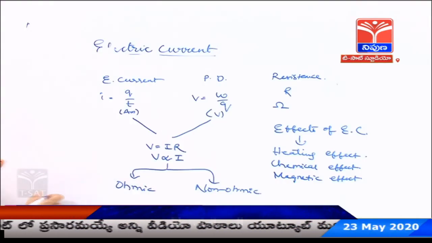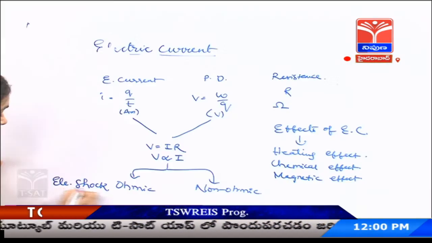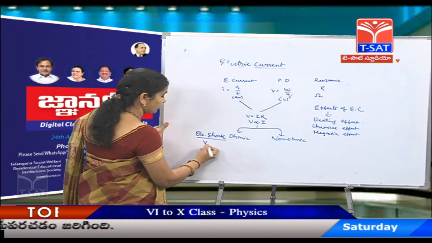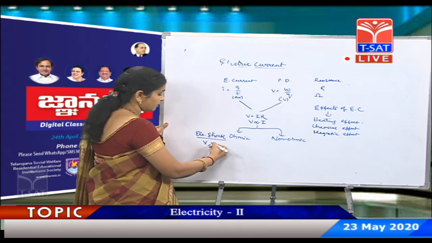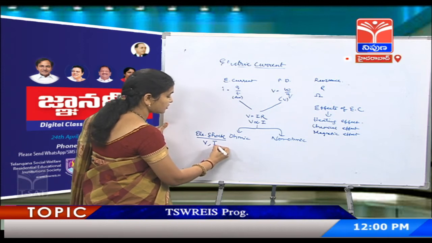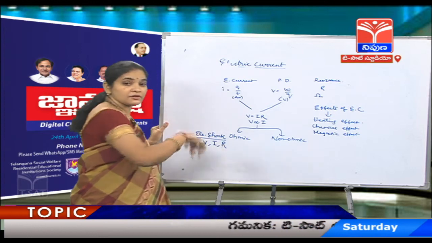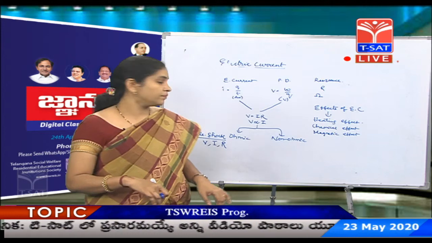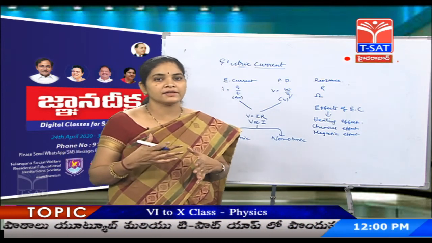And finally, we discussed electric shock. Electric shock is a combined effect of potential difference between one part of the body and another, and the current chooses the path which offers low resistance, and the resistance of the body keeps on changing while current passes through the body. These are the topics which we have covered in this session.